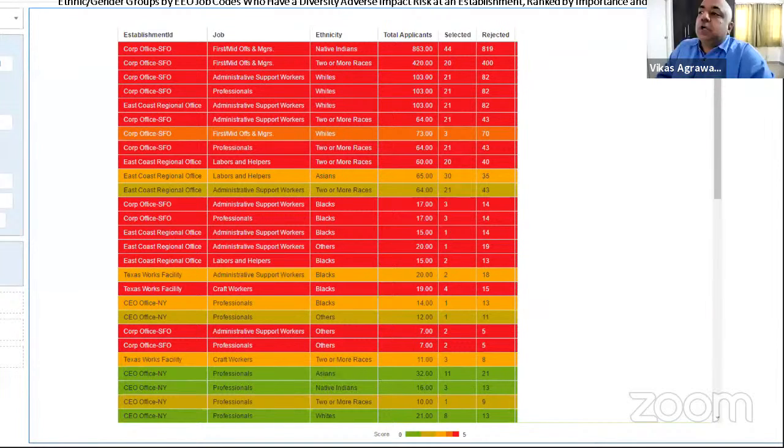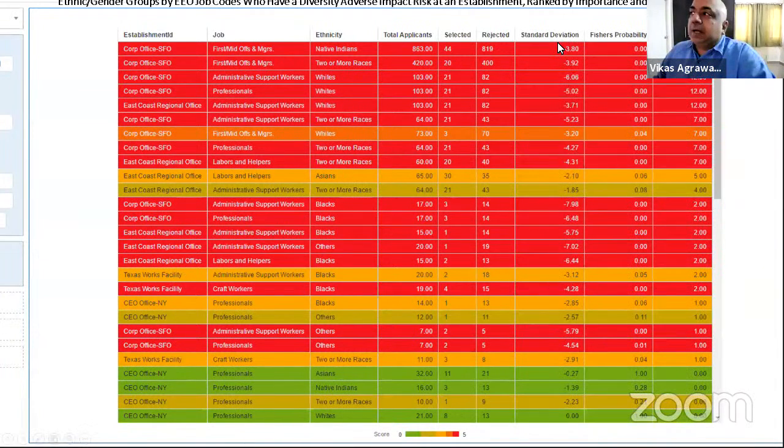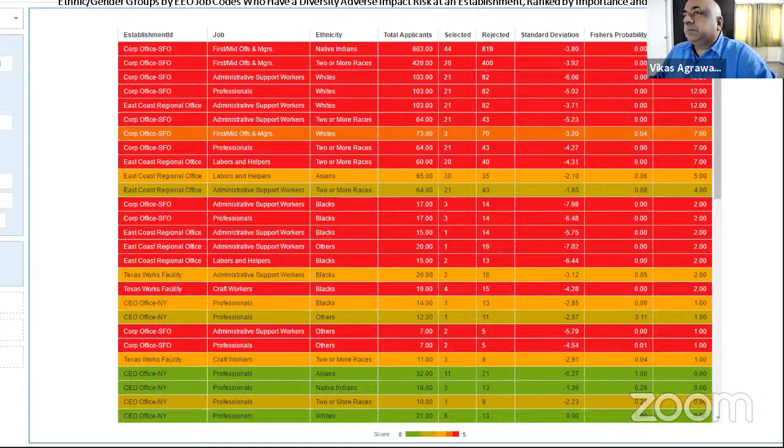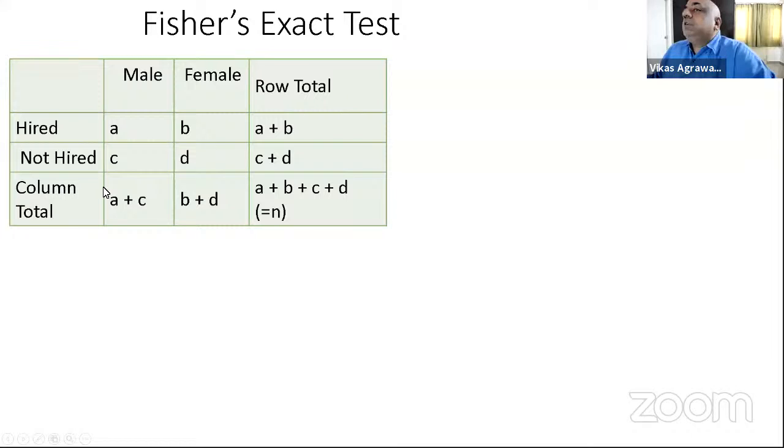Fairly simple tools can do this. You can calculate, for example, the chi-square test. In this case, I'm showing you just a minute, the standard deviation, and this is not the regular standard deviation. This is the binomial. So you have people who are hired and not hired, number A, number B, number C, number D, and male versus female, for example. Now, you can think about how many ways you can choose from A plus C males, total A plus C males, in how